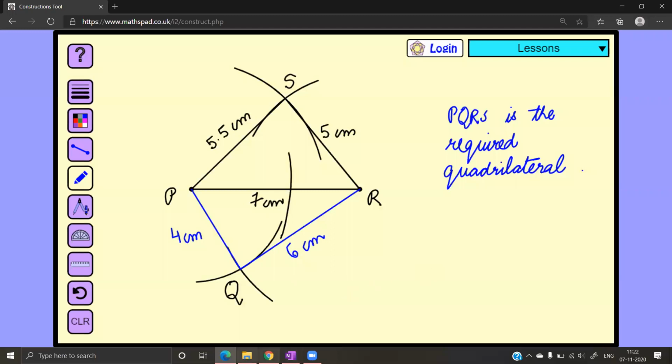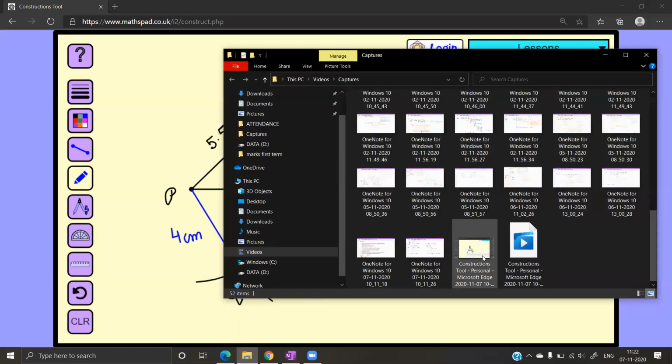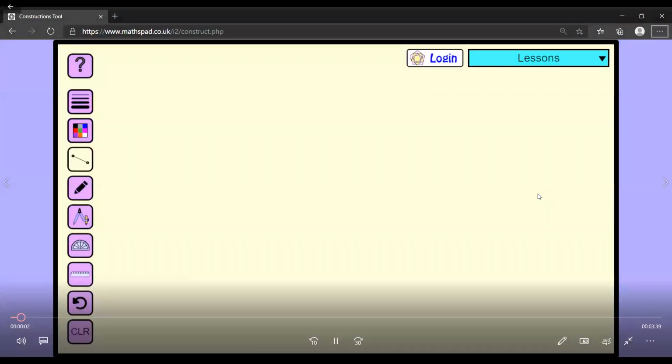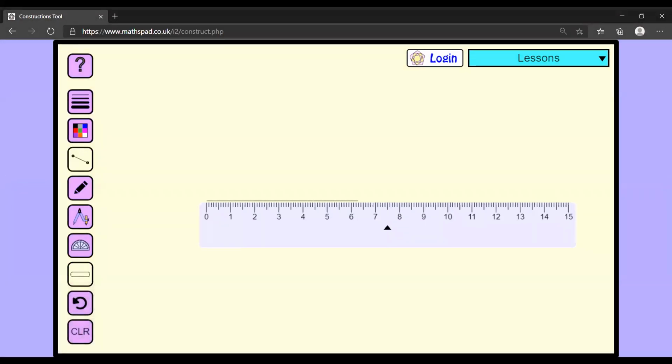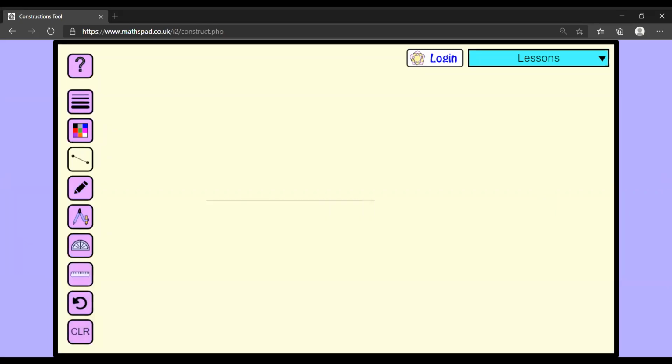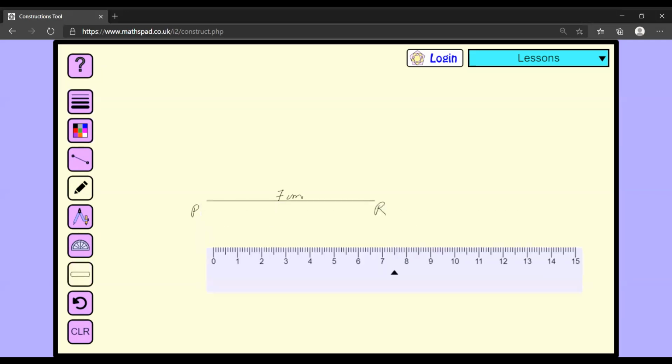Let's just go over one video which I had made. So this will be just a revision of steps what we did. We started with the diagonal, 7 centimeters. Name your diagonal. Be careful to name all the points, all the line segments, and write down their measures side by side. If you are drawing an angle, write down its measure. So whatever you're doing, please keep indicating it side by side.